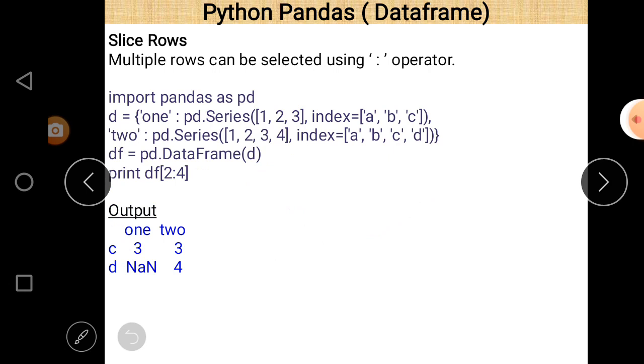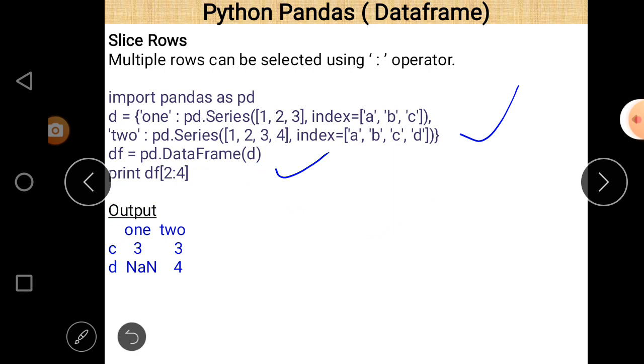Next is slicing a row. We can cut a row or more than one row using slicing. So this is a small program here. Import pandas as pd. Pandas is again the name of a library, pd is the alternative name given to pandas. And whenever you want to use pandas as a library, just write pd in place of pandas, after that the dot sign, and after that the name of the function. So there is a dictionary, and this dictionary is passed as a parameter in DataFrame. So a data frame will be created using this dictionary.